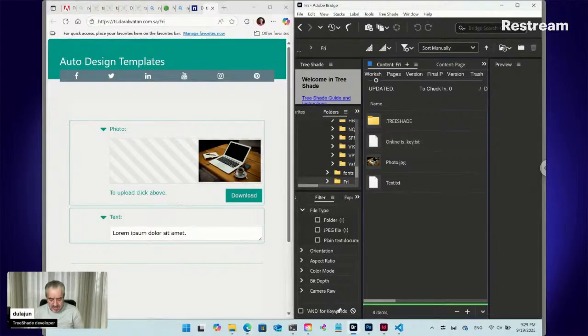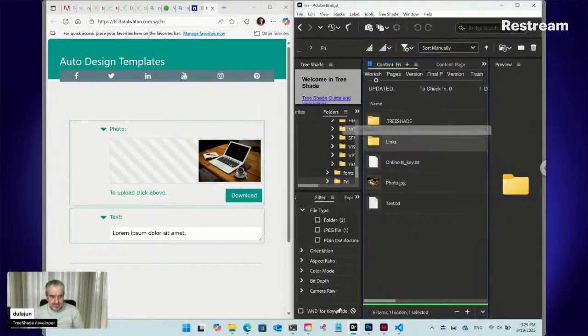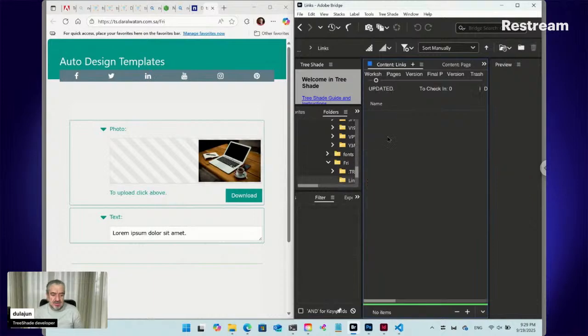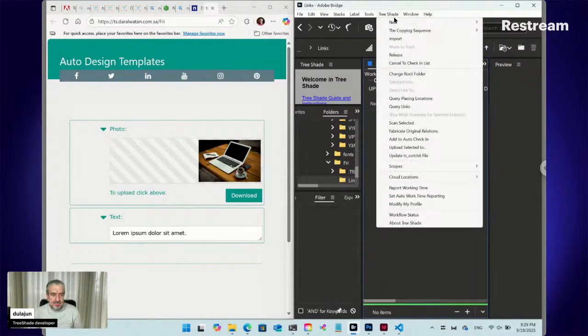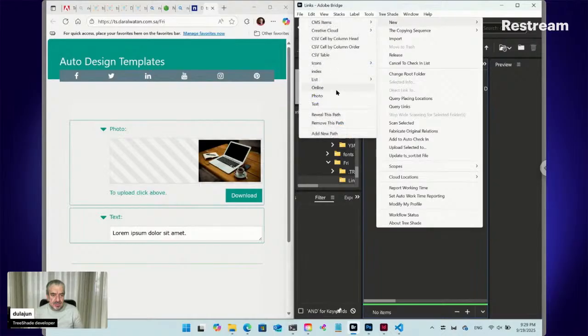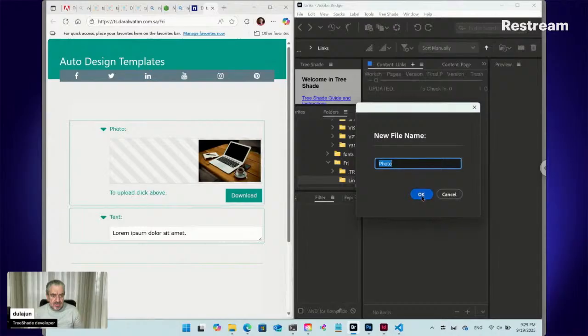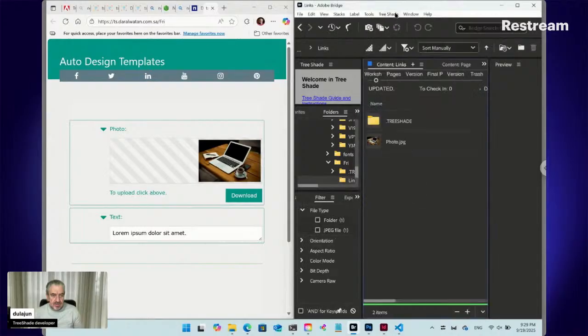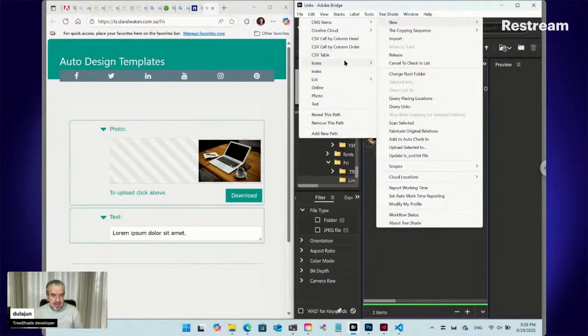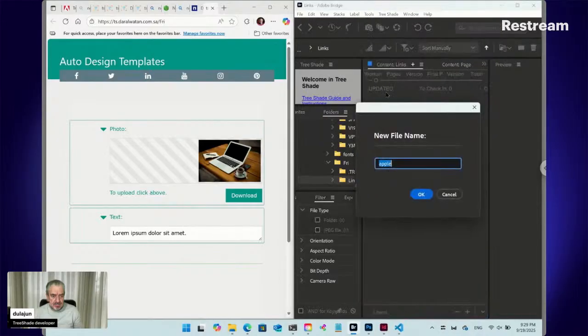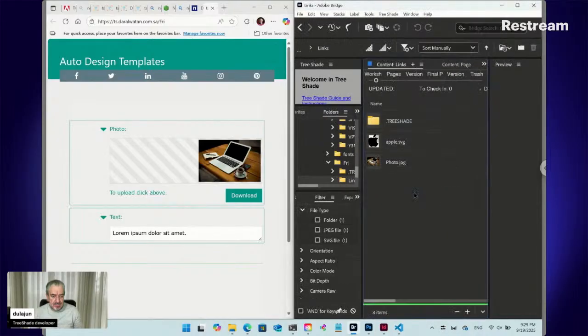If you have a subfolder, let's say links, and inside this folder you have files, let's say photo and icon. Now if you refresh,